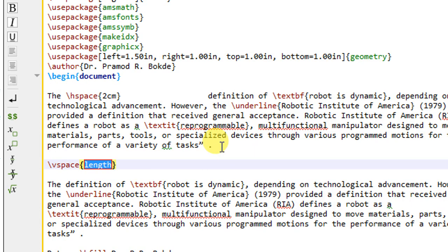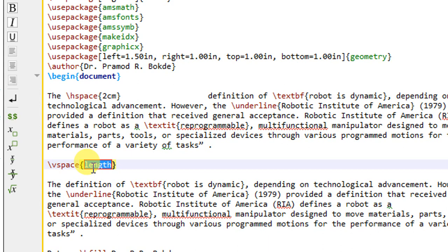How much spacing you have to keep between the two paragraphs is to be written inside the curly braces, whether 1 centimeter, 2 centimeter, 1 inch, 4 inch, 5 inch, whatever value you want, you write that value here.